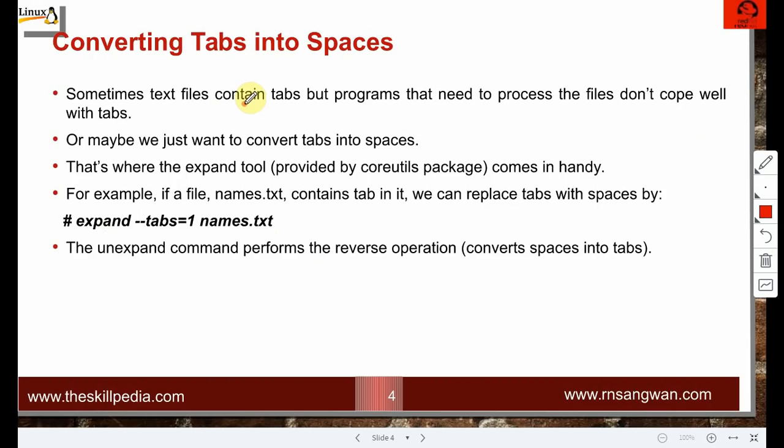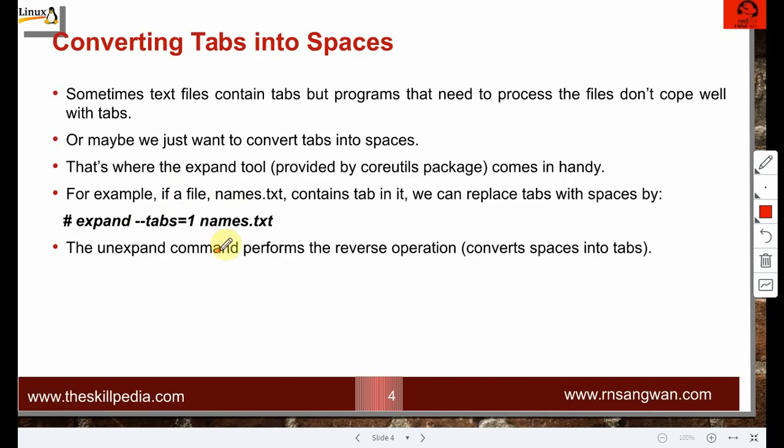They need hard spaces, meaning the space bar key. So the text file contains tabs, but the program that needs to process the file does not cope well with these tabs, or maybe we just want to convert these tabs into spaces. That's where the expand command, provided by the coreutils package, comes in handy.